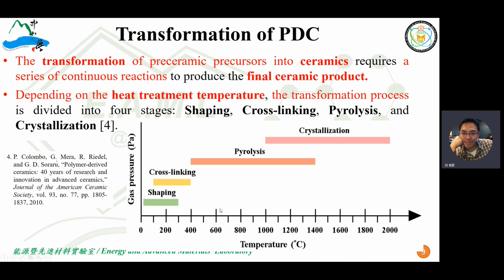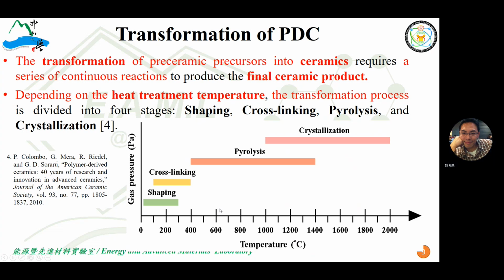What's the temperature effect on the transformation of the pre-ceramic precursor? At low temperature, from room temperature to maybe 100 or 200 Celsius, it solidifies, meaning shaping. We can use the casting process. We can make a mold and put this liquid polymer into the mold, just in the air environment. After a few days, this polymer will be cured, or we can say cross-linked at low